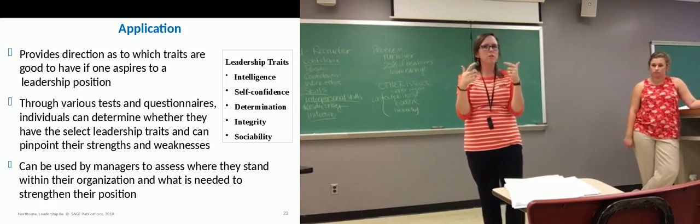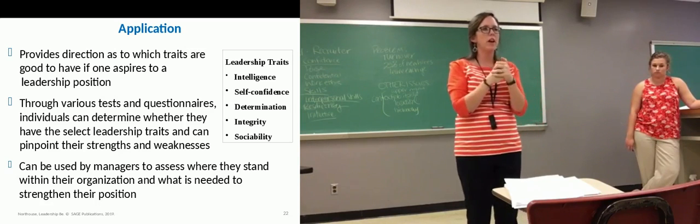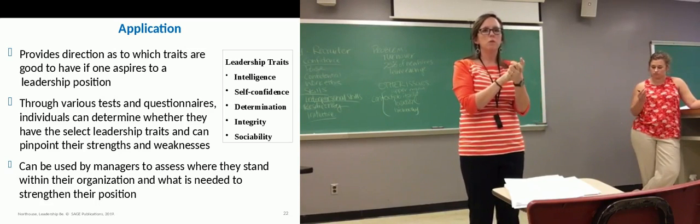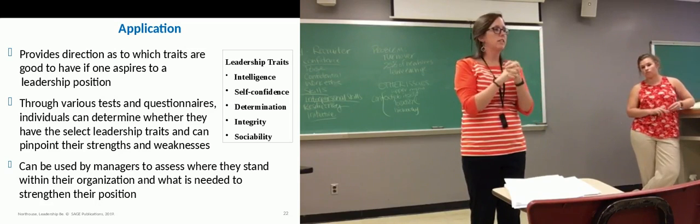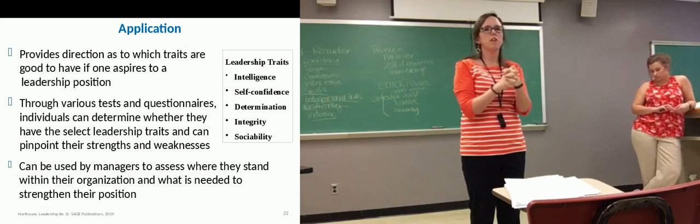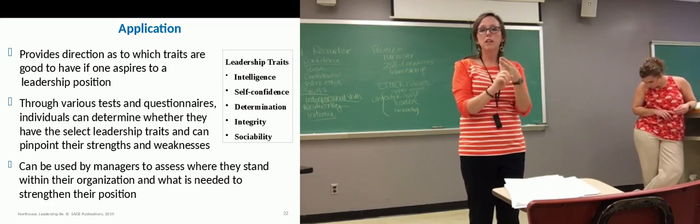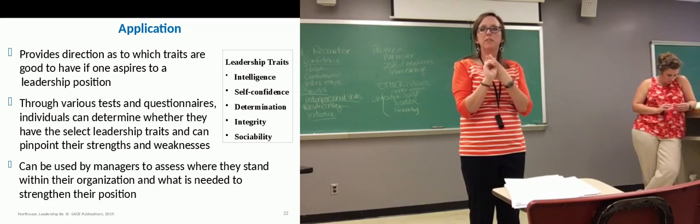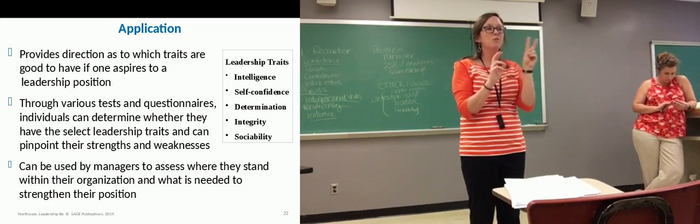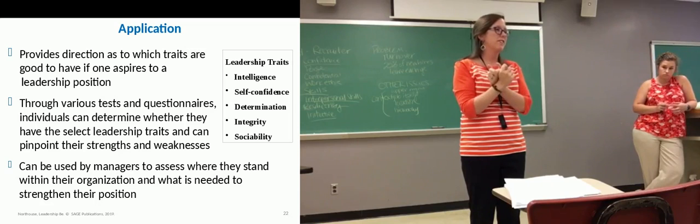Kind of mull on that a little bit. We'll talk about that some more on Tuesday. Big thing for next week: we're going to start getting into this idea that just looking at who the leader is isn't enough. We need to start looking at these pieces of context. We're going to talk about skill theory, chapter 3, on Tuesday. And then we're going to start diving into some behavior theory, chapter 4. So two chapters. Please, please, please have chapter 3 read